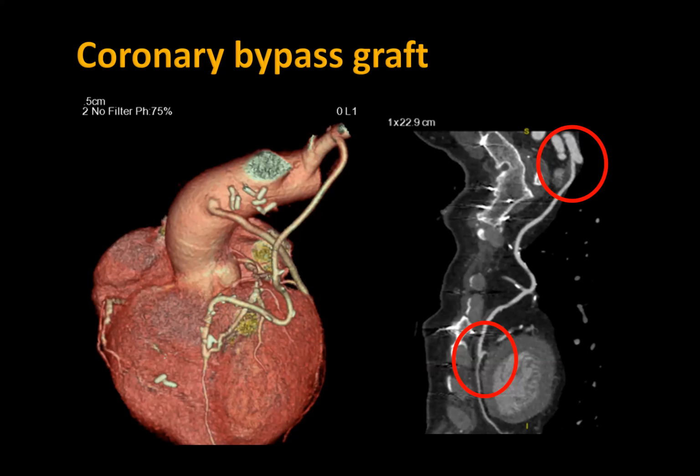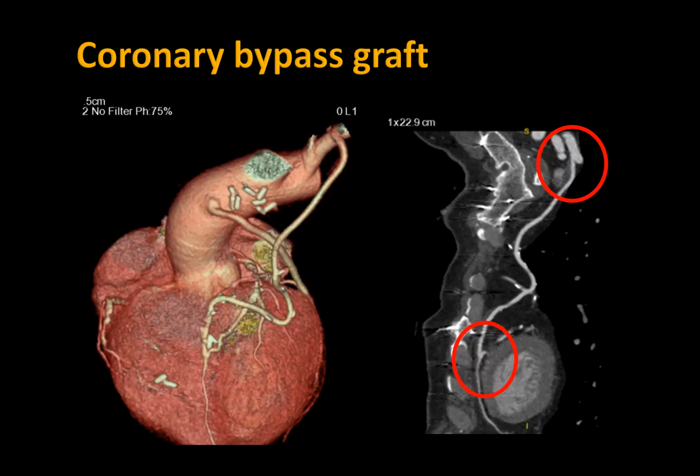CT coronary angiogram is excellent and a very good guide in post-CABG patients to evaluate the bypass graft, because the interventional cardiologist doesn't need to hook every vessel every time. By doing the CT angiogram, you can see all the grafts and native vessels and anastomotic sites, the type of graft, whether it is arterial or venous, what their course is, and whether there is any stenosis, by a single image. And you can clearly evaluate that.